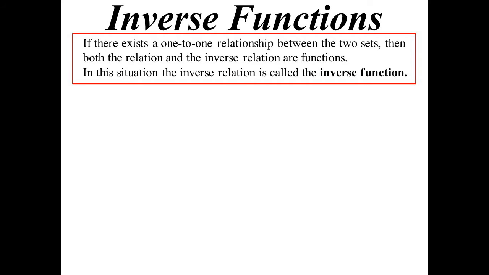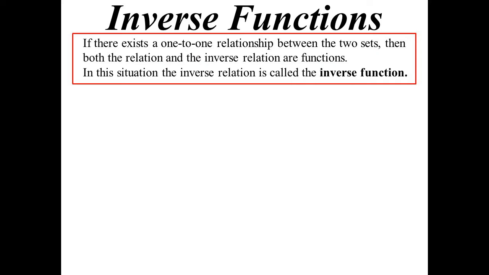Inverse functions, which we have seen earlier in the year. So let's recap. We know that if there is a one-to-one relationship between two sets of numbers, then both the relation and the inverse relation become functions. So in other words, it satisfies both the horizontal line test, but it would also satisfy a vertical line test. So it satisfies both. So in that case, instead of calling it an inverse relation, we call it the inverse